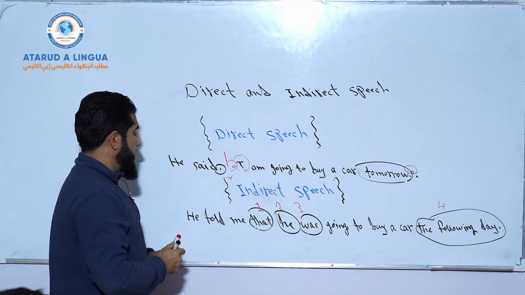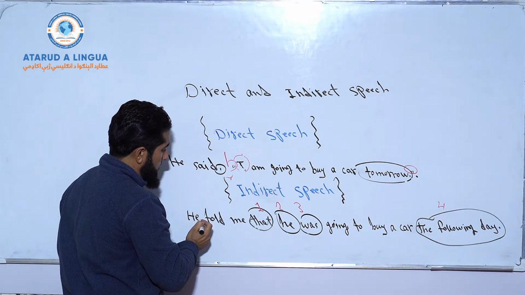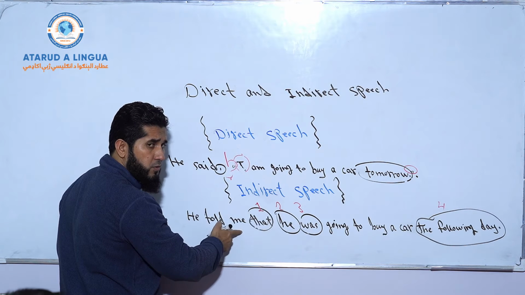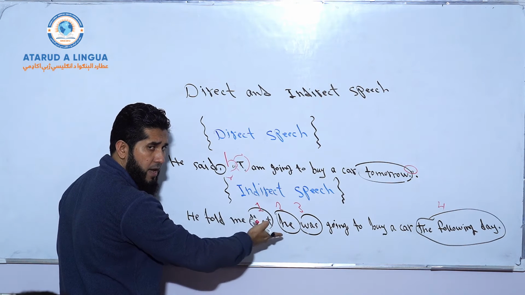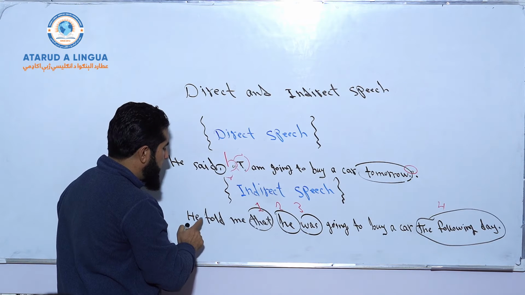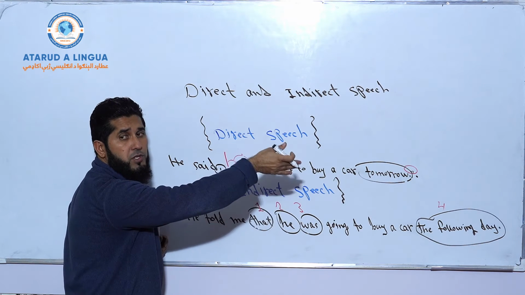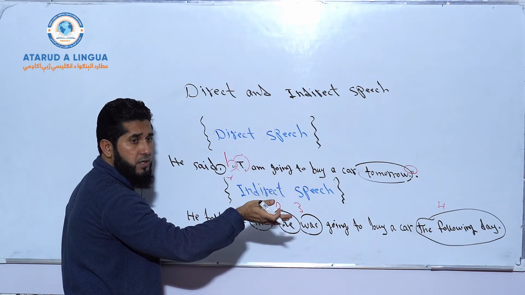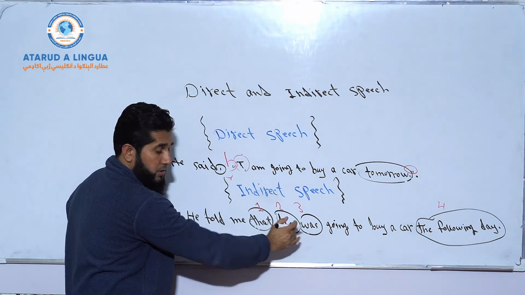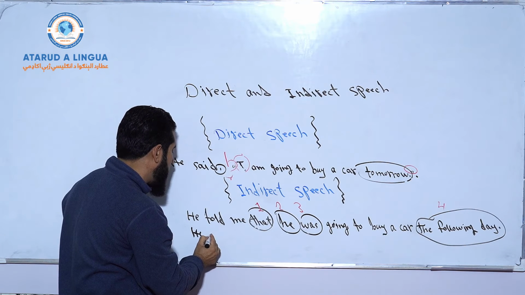now one more thing. Here you can say he told me that, you can say he said to me that, he said that, you can use different phrases, okay? But if this part is in simple present tense, then you don't have to change the tense. You can bring other changes, but you don't have to change the tense. If it's simple present tense, you use simple present tense. For example, he told me, instead of that, he tells me